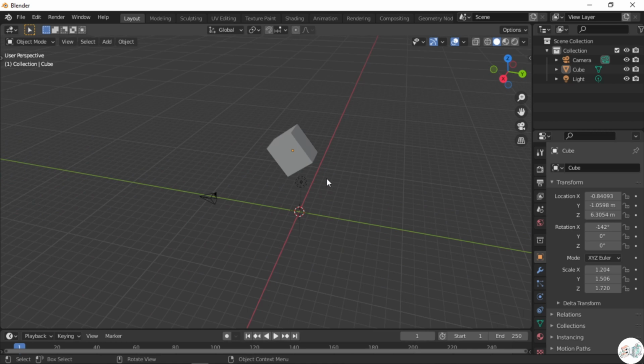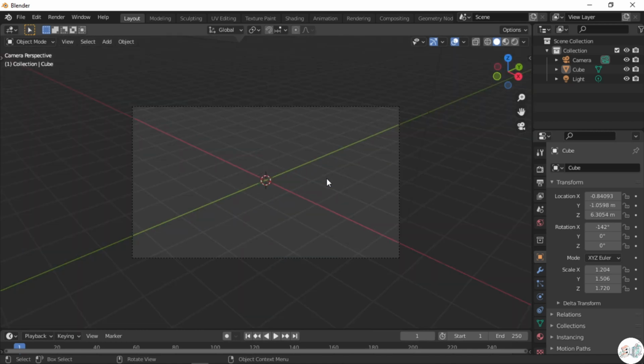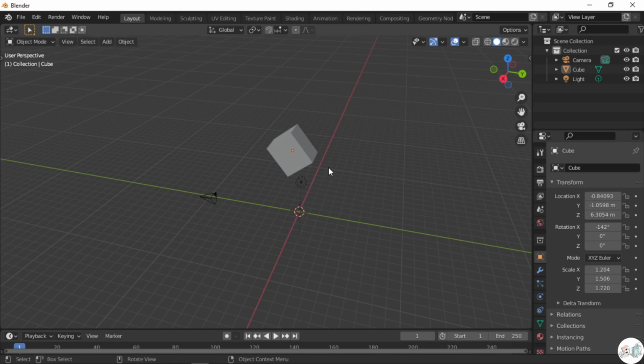If you want to snap onto the camera view, press number 0 on your number pad, and it will snap onto your camera. And if you want to change the view from orthographic to perspective and back, you can use number 5 on your number pad.